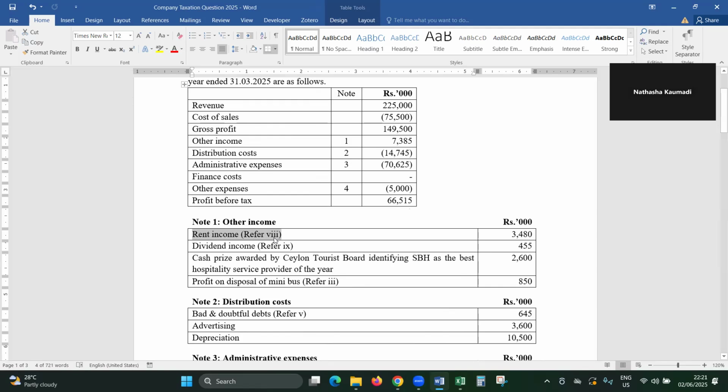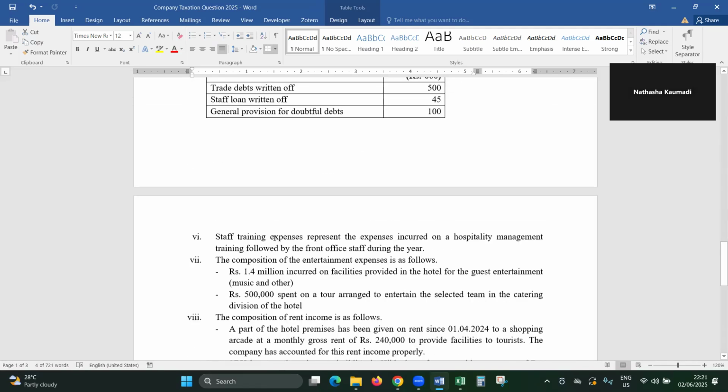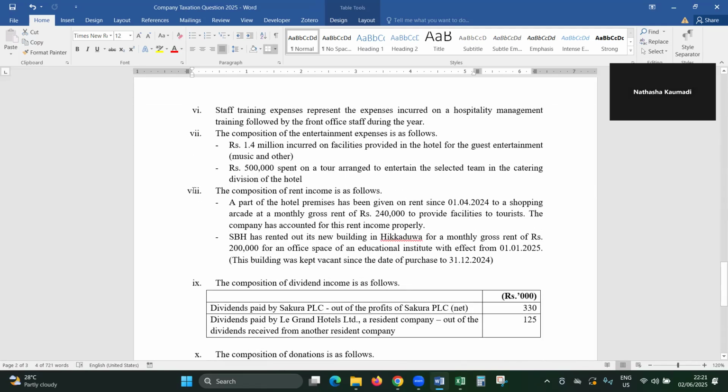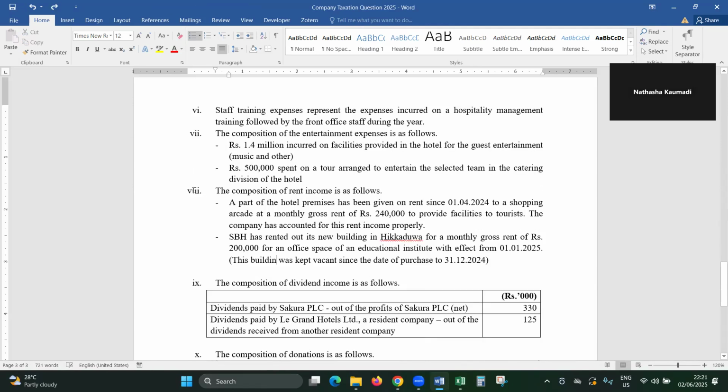Reference note is number 8. So I'll be going to point number 8. This is the part on rent income. We'll read the rent income. Now we know part of the hotel premises has been given on rent since 1st April. So I told you, one part of the building has been given on rent to a shopping arcade to facilitate the